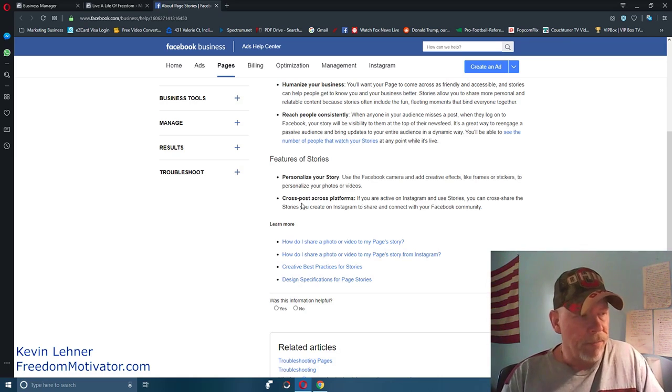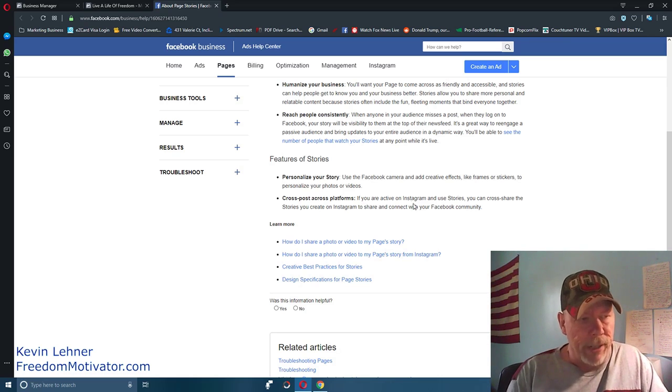And then you can cross-post across platforms. If you're active on Instagram, use stories. You can cross-share the stories you create on Instagram to share and connect with your Facebook community. All right, so